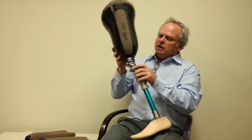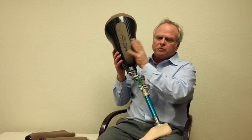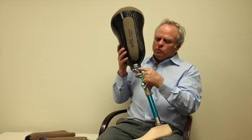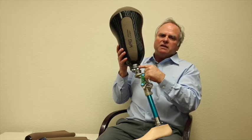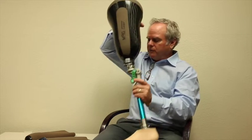So, this is a cutaway, this is not the way we're fitting the socket, it's purely for demonstration purposes. If we cut it away all the way down to the magnet, we are going to have an extremely weak point right here, and this is where that socket's going to break. On the other side, however,